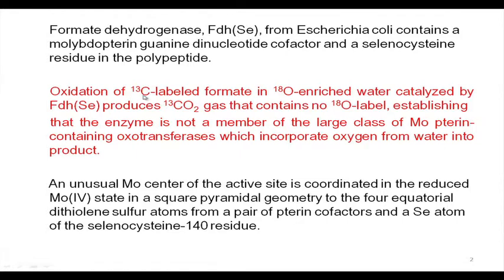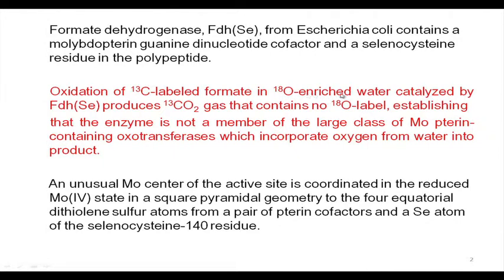In the last class we have seen that during this oxidation, that means the formate oxidase activity, we are producing carbon dioxide. So, now if the formate is labeled exclusively with 13C, this gives us some idea of what the typical source of this carbon is, whether that carbon is only originating from the substrate formate,